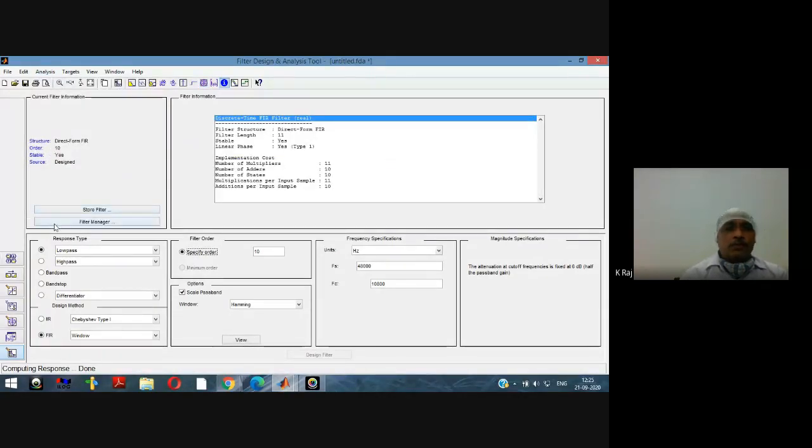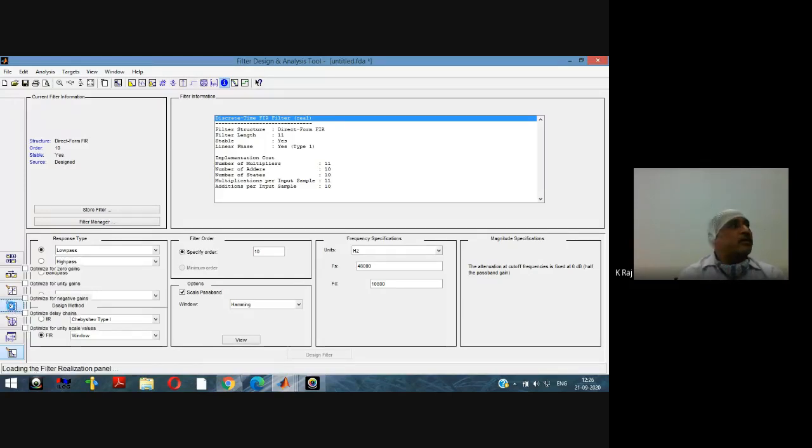Now suppose we are interested in seeing the architecture of the filter. For that purpose, there are different sections here. This is create a multi-rate filter. This is transform the filter. This is set quantization parameter. Suppose we are interested in quantizing any filter. During the quantization of the filter, we will consider this section, and this realize model here. Here there are different realization structures. Whatever the realization structure, that is the direct form structure which we have described here.